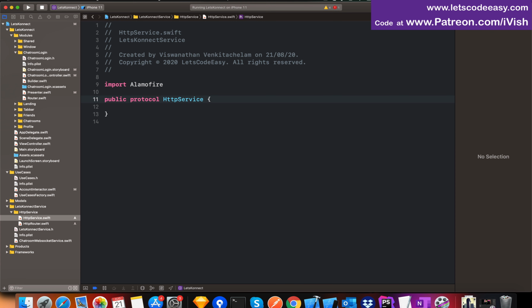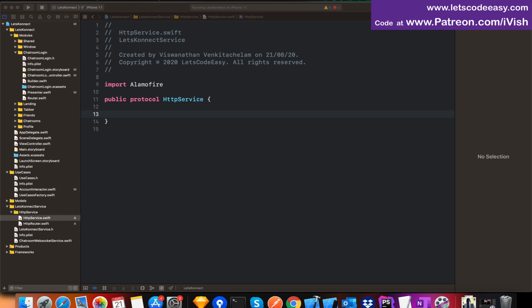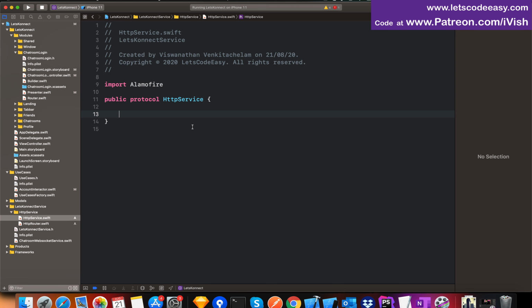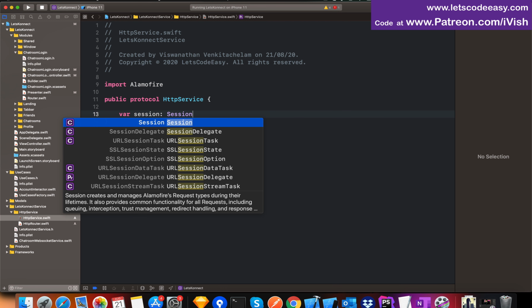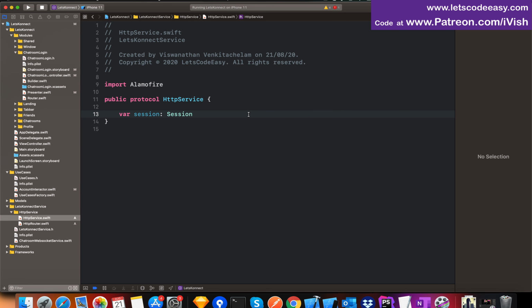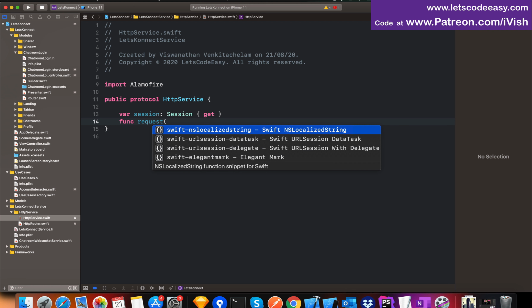So that's my first service protocol creation. It is going to have some functions, at least one function, which is to make a request to Alamofire. So that is being abstracted through this service layer, the HTTP service layer. We already have Alamofire, I'm going to include a session object, which is an Alamofire session. This is what we will use to create a session of Alamofire and then make that request to the server. Also, I'm going to have a function called request,